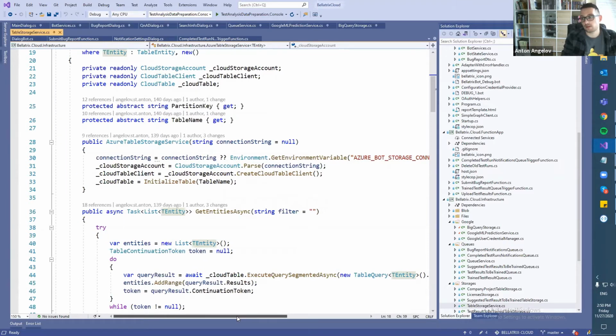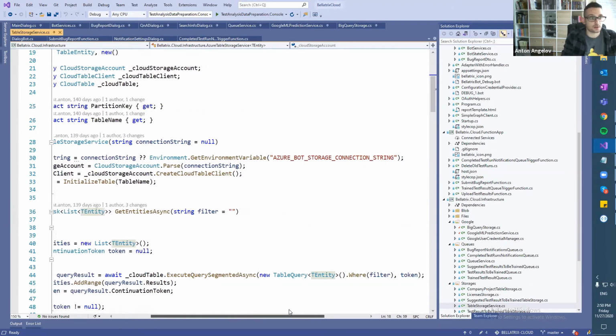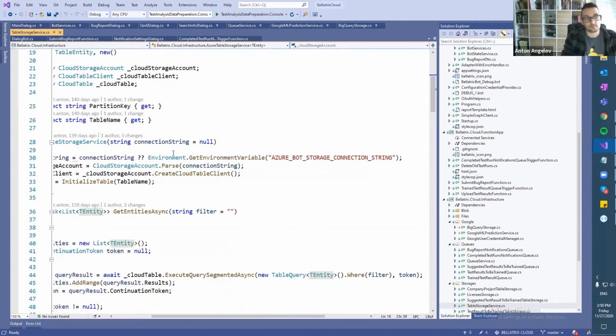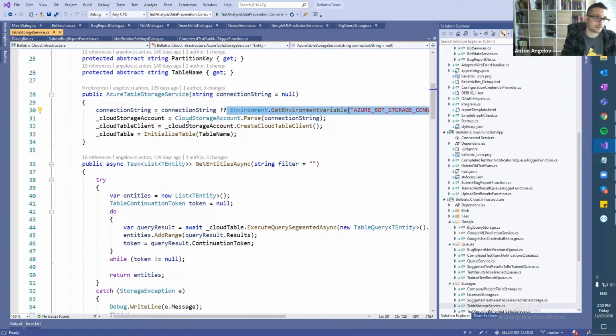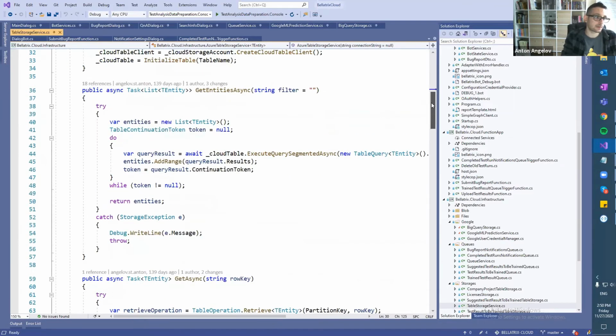In the bot and in Azure Functions and such, we're getting the stuff in the app settings as environmental variables, like that. Because later on, when you deploy them to Azure, there is a secure way to put these connection strings and everything, so that they are not checked into source control. So here we're getting the connection string, and afterwards, as you can see, we're not using Entity Framework or